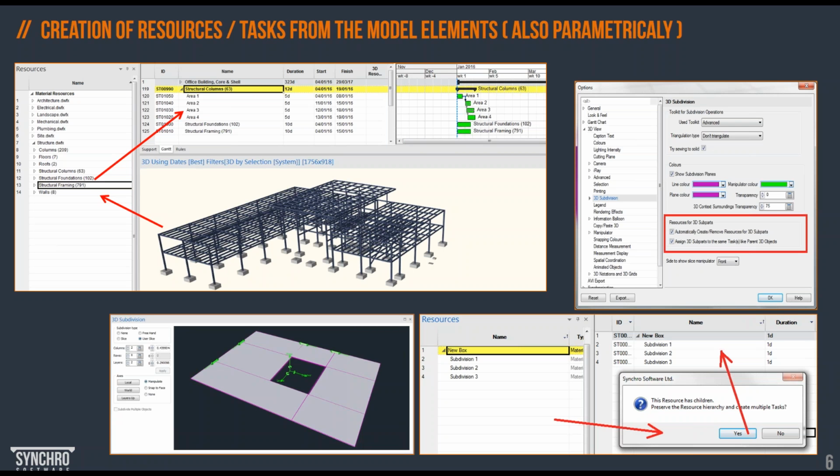You can split a single element into subdivision parts, and then Synchro will automatically create detailed tasks for those subdivisions. So this way you can manage your program, you can make your schedule more detailed, and this is by using 3D geometry and the 3D subdivision tool.